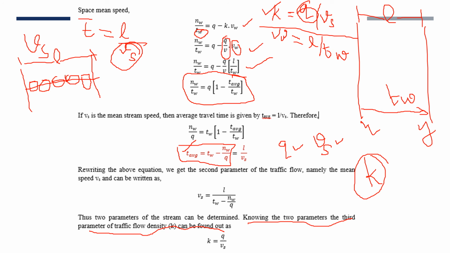And this is the importance of this test method, how it is helpful to collect data to get the simultaneous traffic flow parameters: speed, density, and traffic volume. All right, so I hope this session was meaningful, and you are in a position to understand the applications of speed and delay studies, various methods of data collection, and how we do the data analysis and calculate the traffic flow parameters.